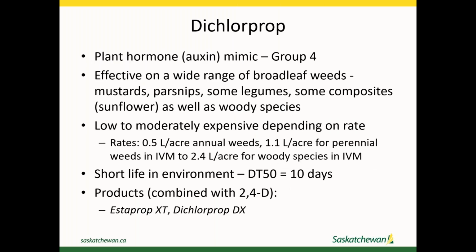Dichloroprop is a bit of an analog of 2,4-D. It's actually 2,4-DP, and so it's essentially a propene version of 2,4-D. 2,4-D is acetic acid, and this would be propionic acid, I think. Anyway,